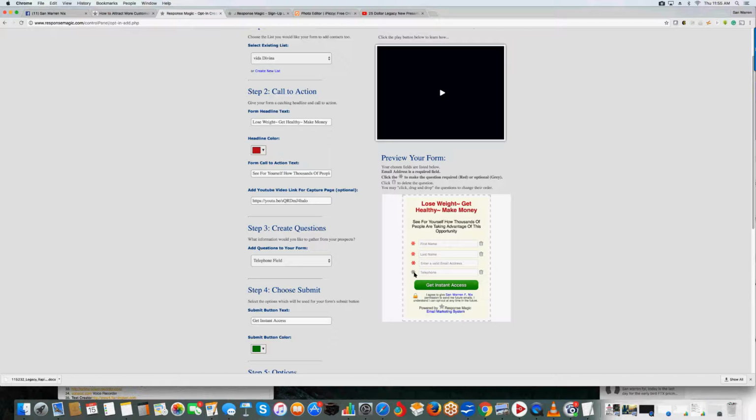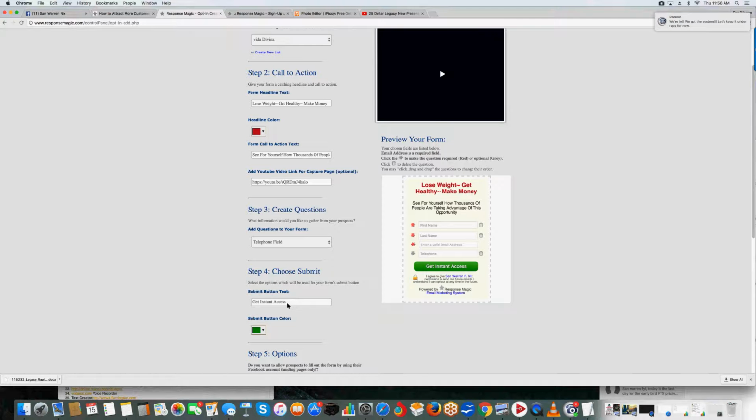But if you want to, you can click that to be required, and they can't go any further until they give you all the information you want. You know, I'll be kind of lenient. If you give me that telephone number, then I'm happy. If not, then I'm still going to do what I need to do with the email address. But at least it's there, and I'm asking for it. If you don't ask for it, then you might not receive it. So it says get instant access, which is cool. But I like ask me how. That's more fitting for my little weight loss thing.